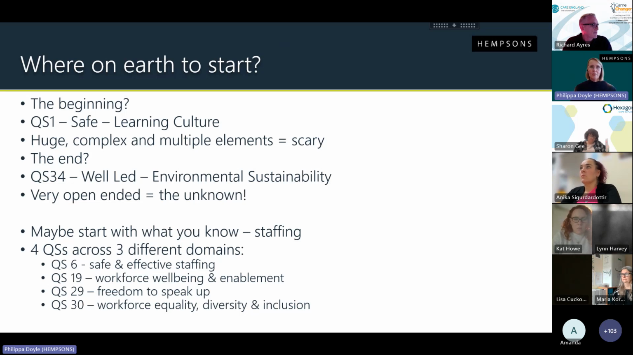Let's start with quality statement 34, which is under well-led, and well-led is a great place to start as well. But that's all about environmental sustainability, and it's very, very open-ended, and it's very much the unknown. CQC told us they weren't going to assess it in year 1. We're nearly coming to the end of year 1. Don't know whether that's going to start rearing its head next year or whether we'll get another embargo on it